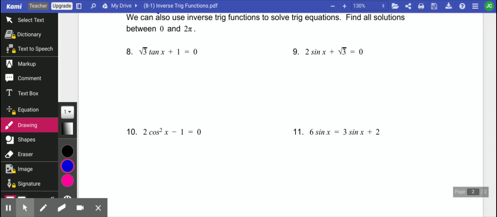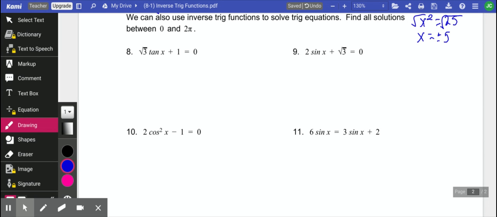Okay, before we get into the trig equations, I want to remind you of something. Remember when we're solving problems like this, x squared equals 25, and we want to take the square root of both sides, so we take the square root. And I always tell you, if you introduce the square root, you don't know which one they want, so it could be plus or minus 5. Okay, we're going to do a similar thing with our